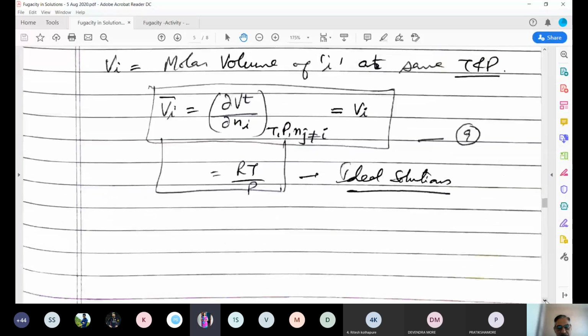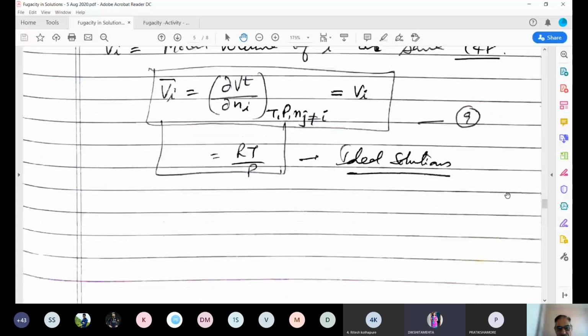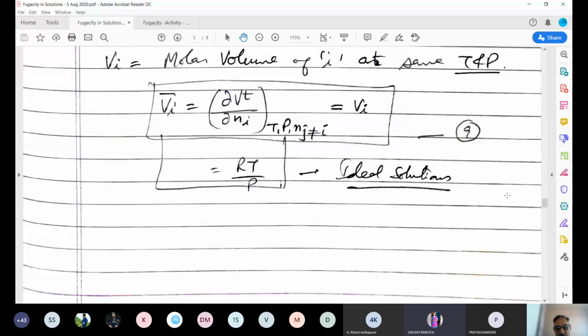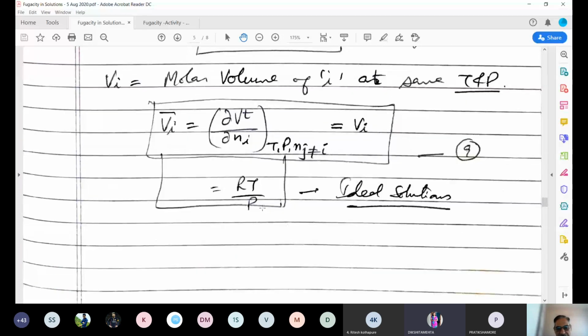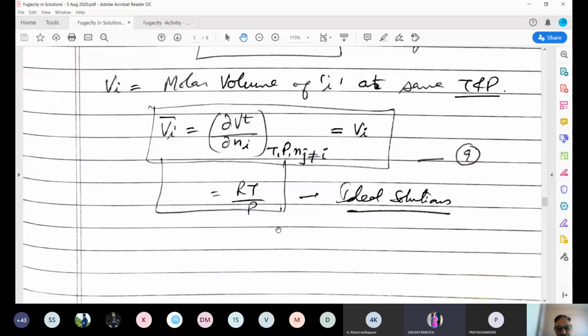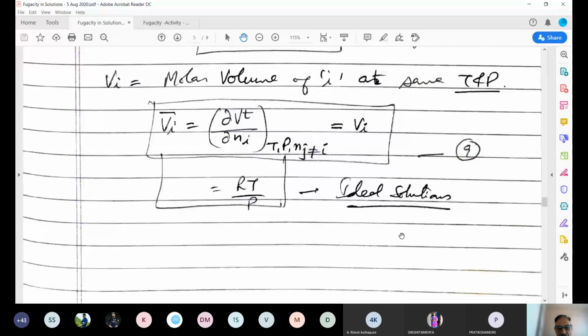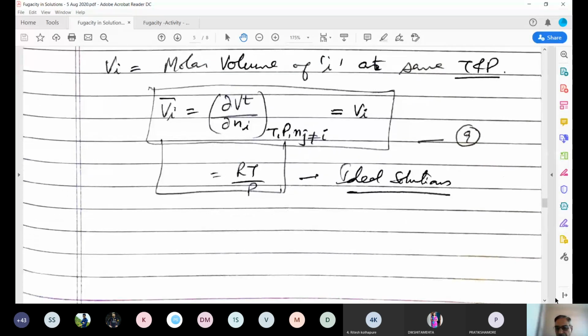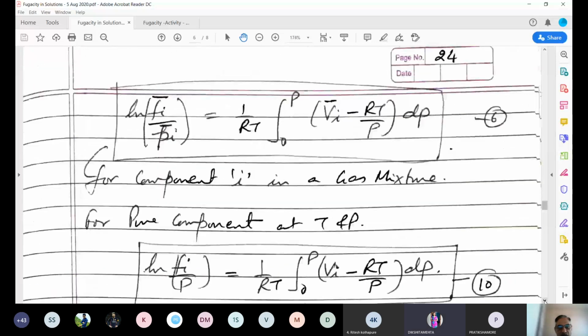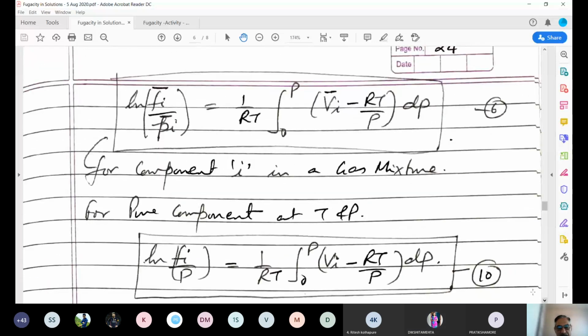So total volume will be equal to RT by P. Yes, what should come here? This should be Pi. Yeah, right. You're right. It should be RT by Pi. Partial pressure should come. Okay? Yes, sir. Okay, so if you take